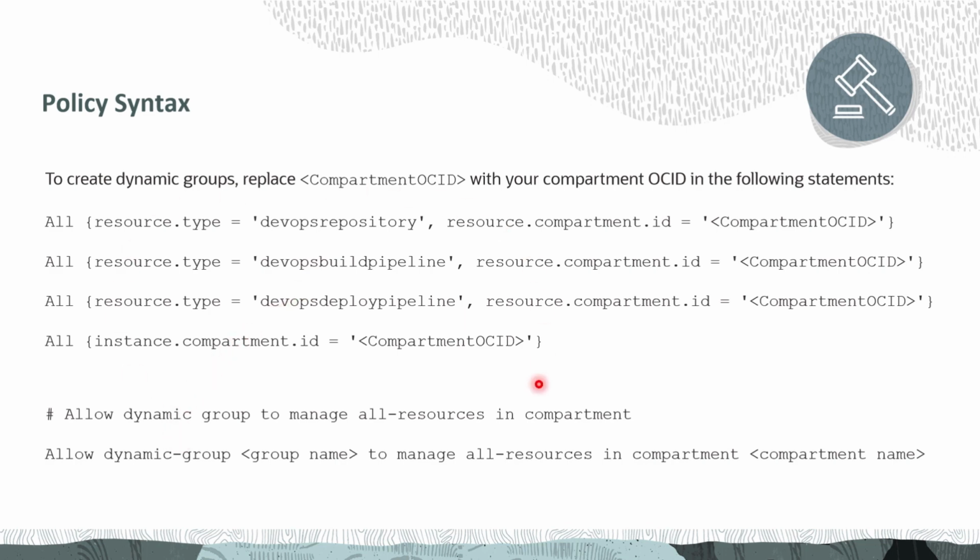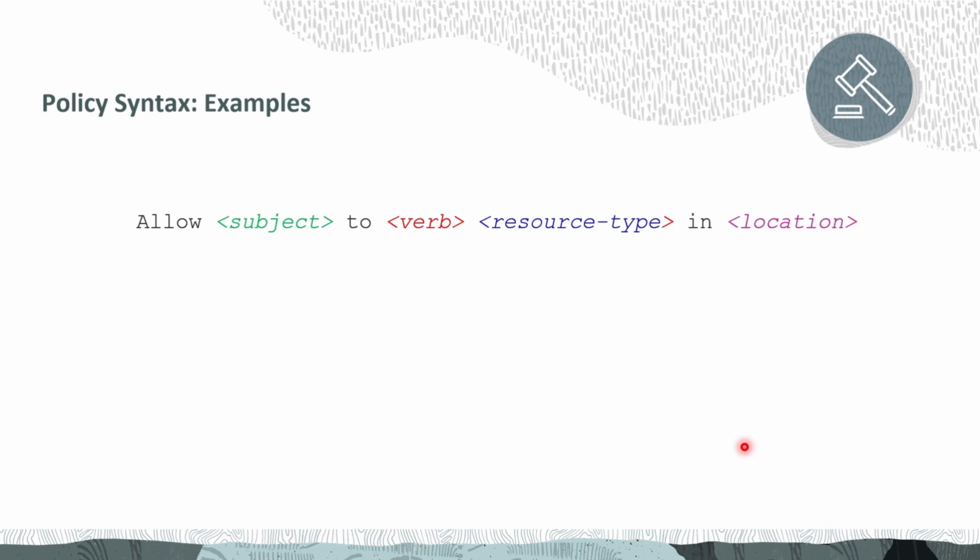Later, once the dynamic groups are created, you have to provide policies, or write policies, to allow those dynamic groups to manage those resources that you wish to in a particular compartment. Let's take a look at a couple of examples for creating DevOps policies based on standard IAM policy syntax, which